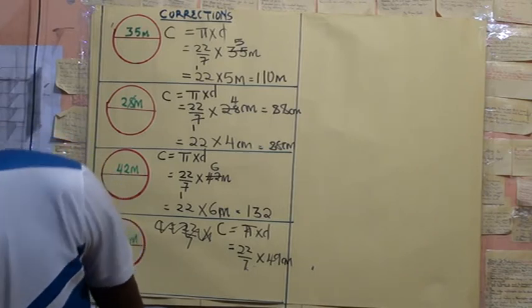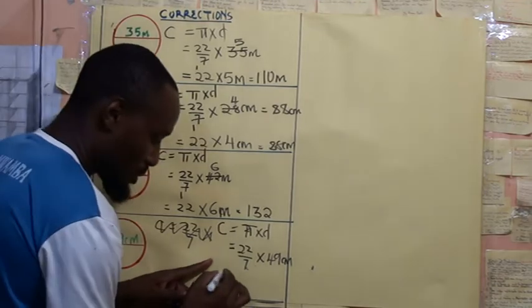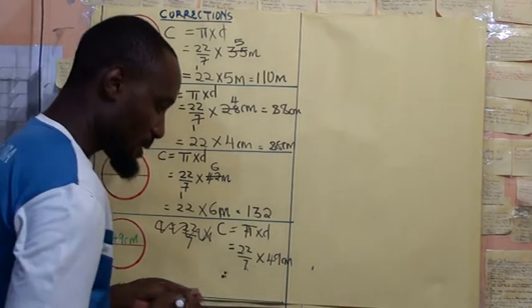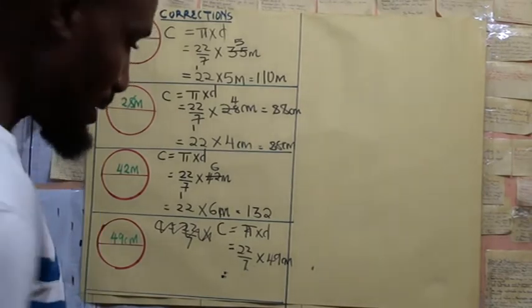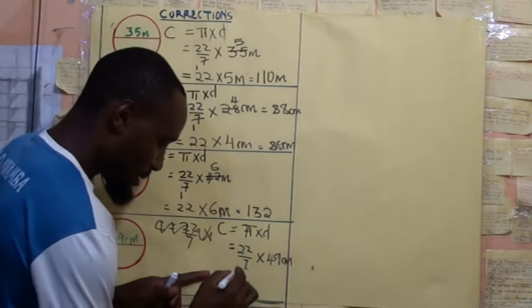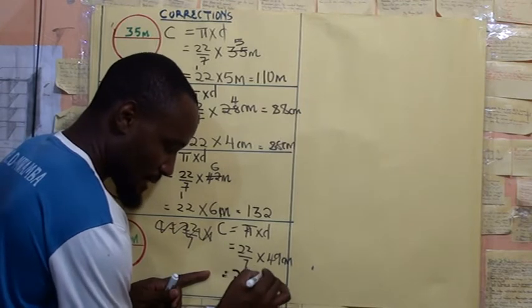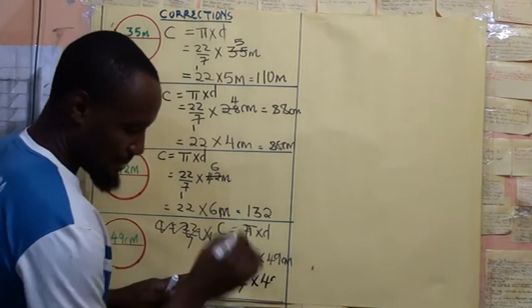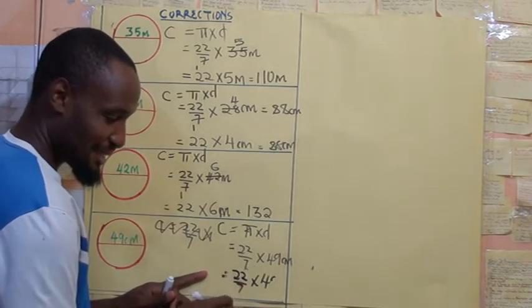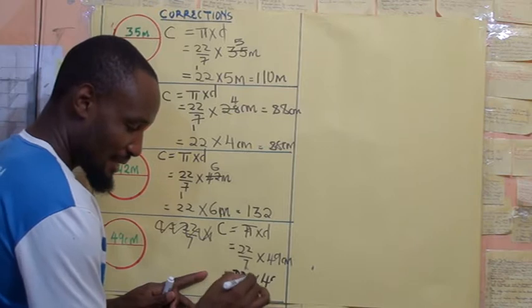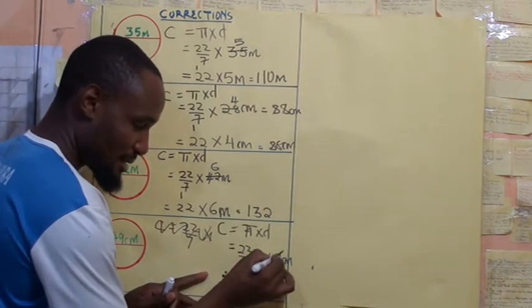So that is 22 over 7 times 49 centimeters. It means that we are to simplify 7 here 1, 7 here